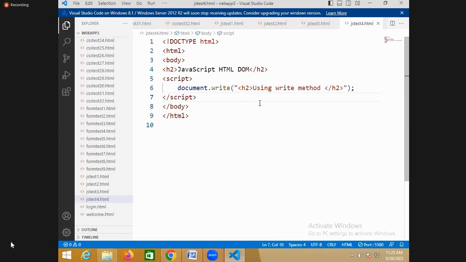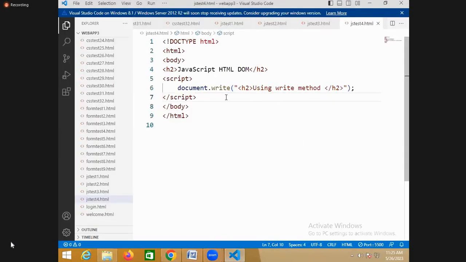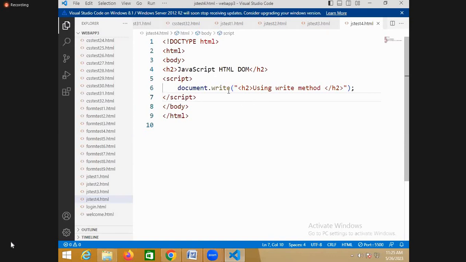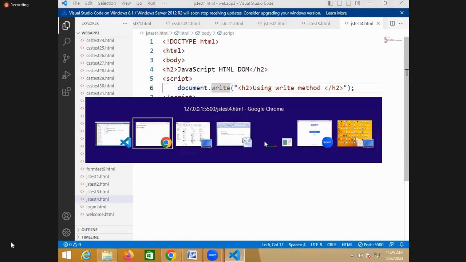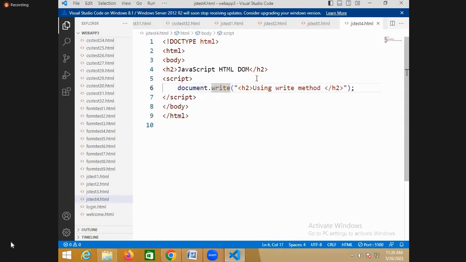It means you are adding some content within the document. But how are you adding the content within the document? By using document.write. But rather than reading an element and modifying it, like in the previous example, what we did